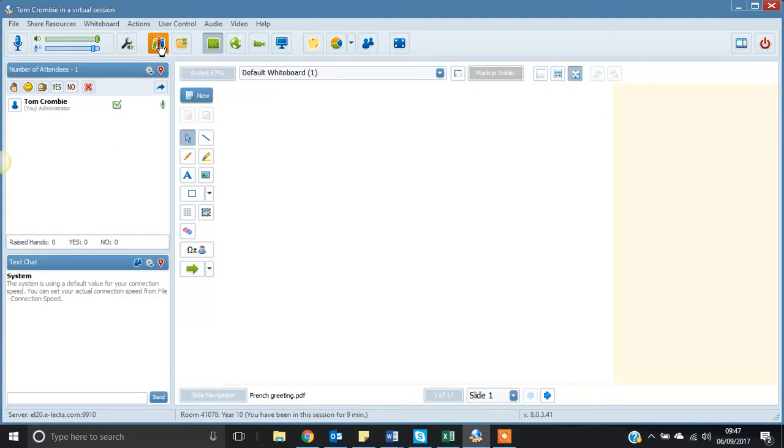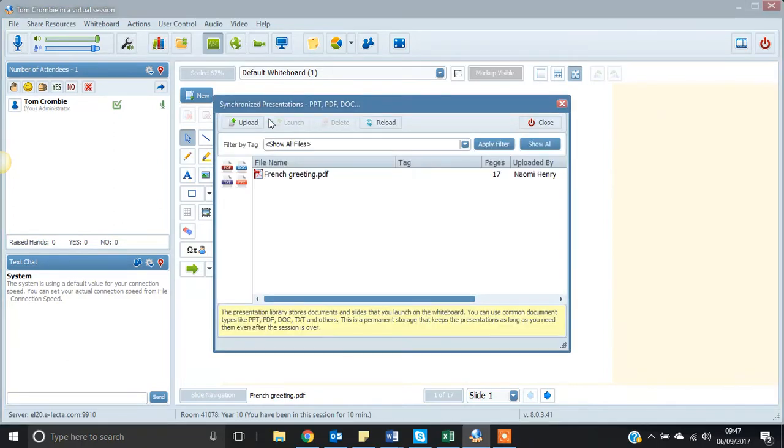Now it's a good idea to go in here and upload all your files in the sort of 5 to 10 minutes before a lesson starts, so that it's prepared, ready to go. Larger files can sometimes take a couple of minutes to upload. So like I said, it's good to just make sure you're well prepared and that you have these sorted before